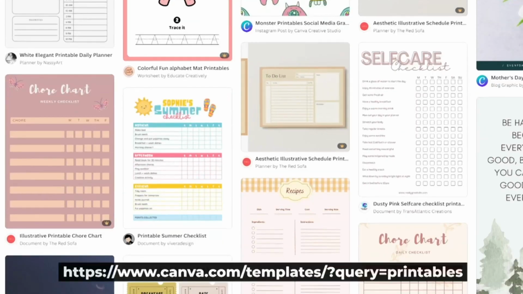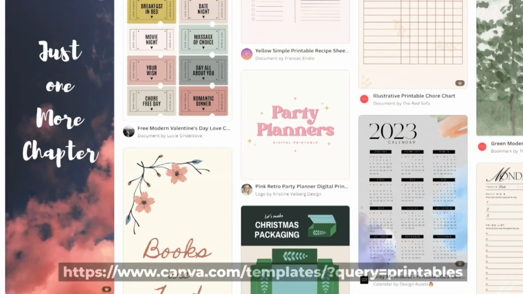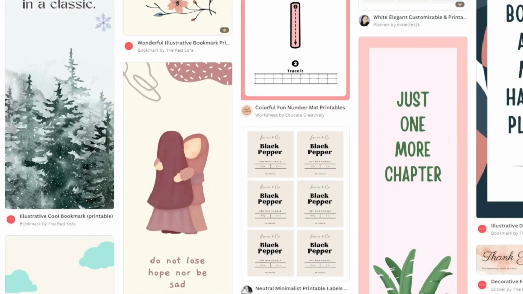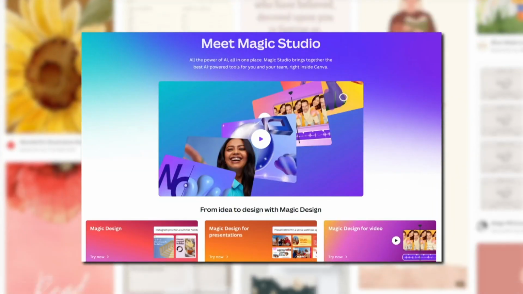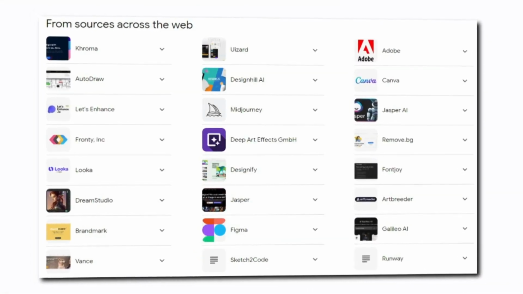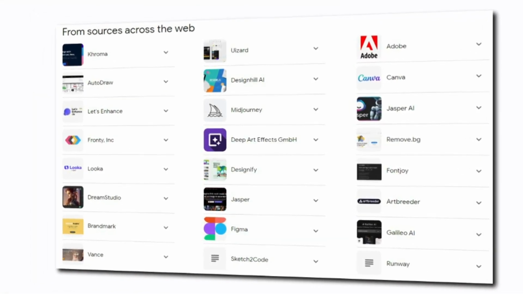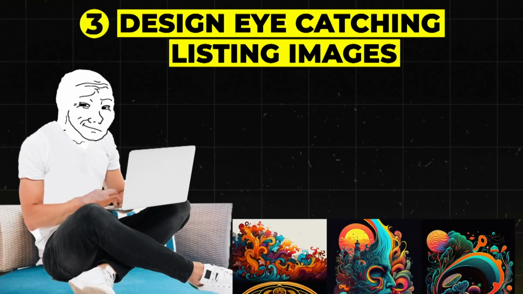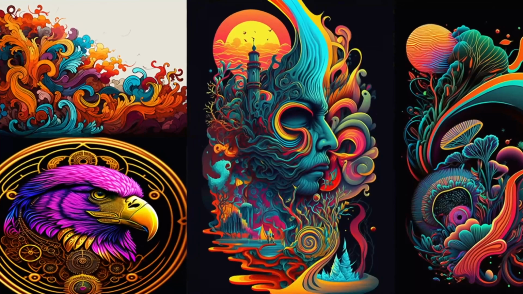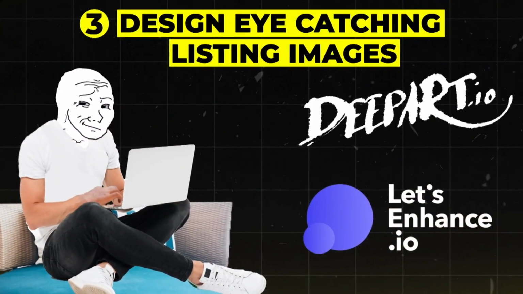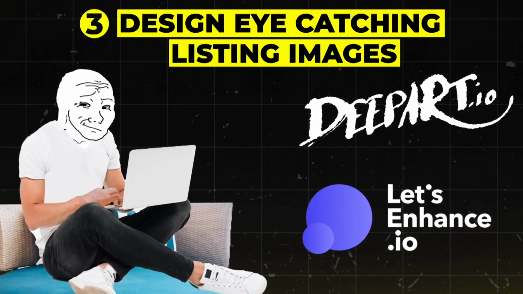And you can use AI-powered design tools such as Canva to assist in creating visually appealing printables quickly and easily. And Canva offers templates, graphics, and editing features that streamline the design process. And a lot of these websites are integrating AI more and more directly into the website. Then you can design eye-catching listing images, and you can use different tools to enhance listing images to make them more appealing. For instance, DeepArt or Enhance are 2 different tools you can use to improve the image quality of